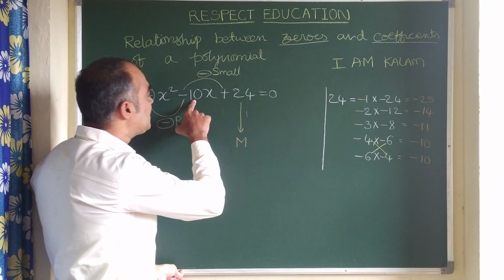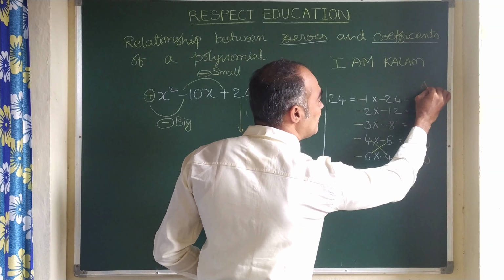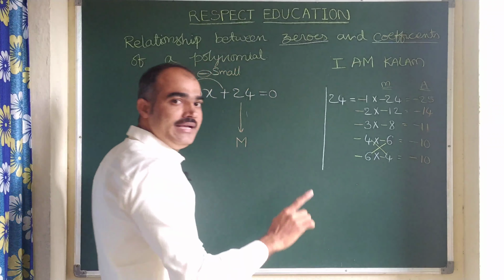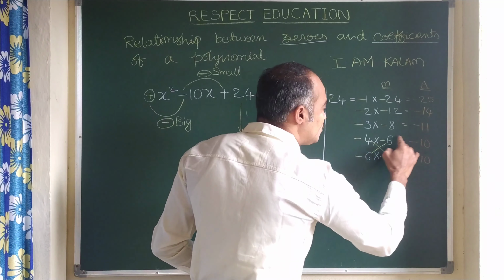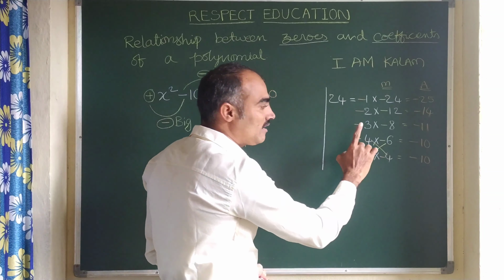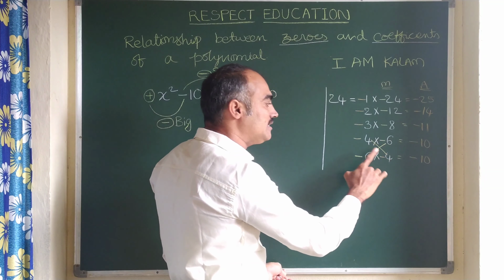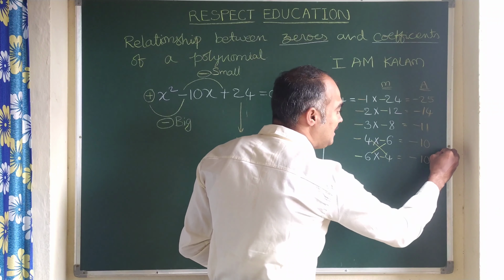Now here you compare the middle number with the addition. These are all addition, right? These are all multiplication. Now here these are all addition. In addition, where it is matched, minus 10 is matched here. So this pair, minus 4 and minus 6, can also be taken as minus 6 and minus 4. These two are the same only, right? So you can take either this or this, but the answers are the same, minus 4 and minus 6. So here I am selecting this.